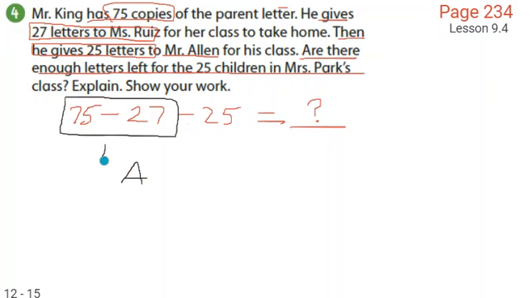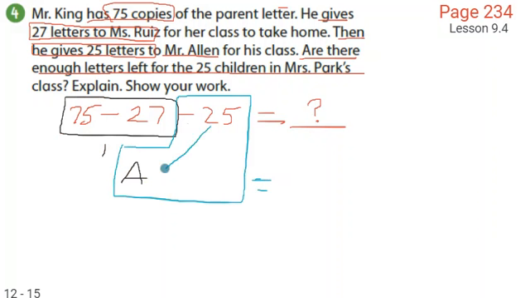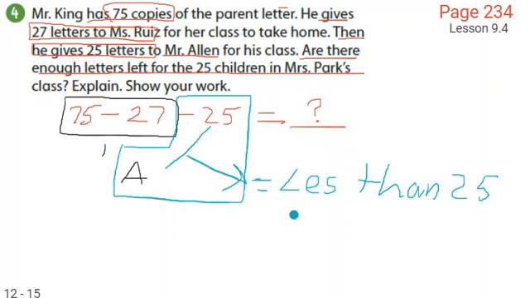So step 2 is going to be that A minus 25. Whatever this answer is here, minus 25, and this right here, does that equal, is it less than 25, equal to 25, or more than 25? You have to figure this out. If it's less than, then she does not, then